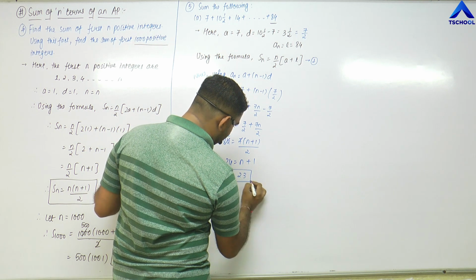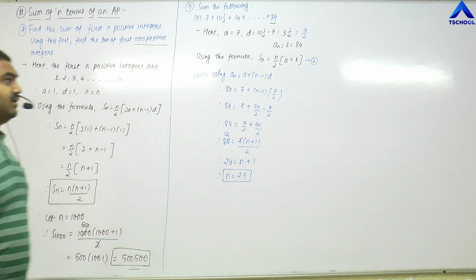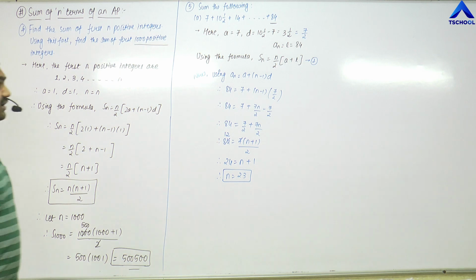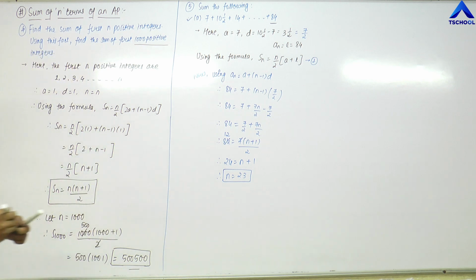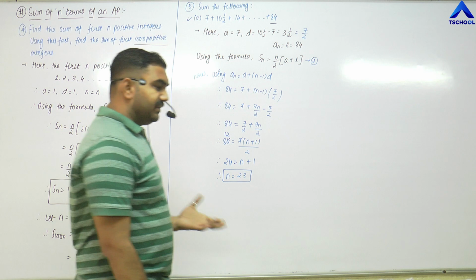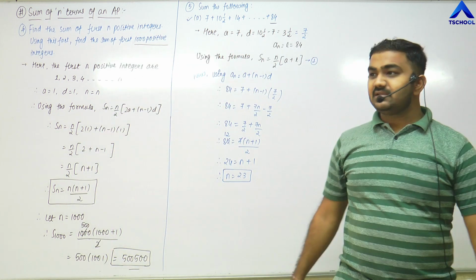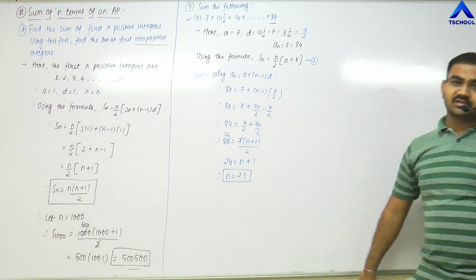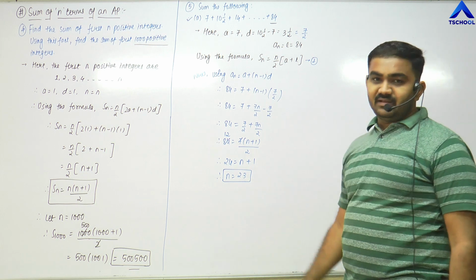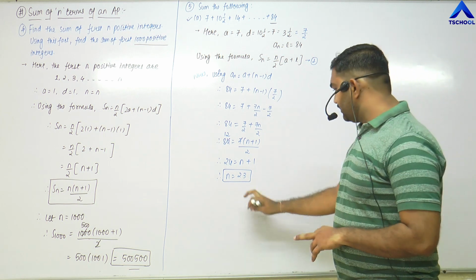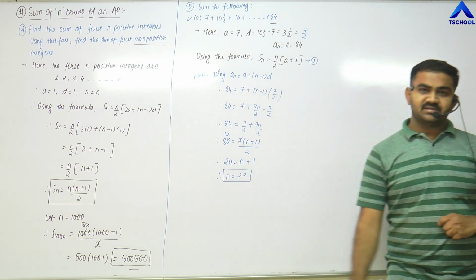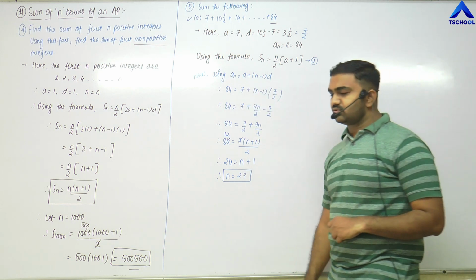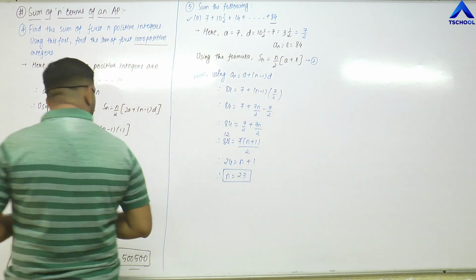So friends, here see, we got the value of n. So whenever these kind of questions are asked, that you are given an arithmetic progression directly and told to sum the following, that means here two parameters are unknown. Which are the two parameters unknown? First one is n, and then we get Sn. So first of all we are going to use this fact that an equals a plus n minus 1 into d to find out the value of n.